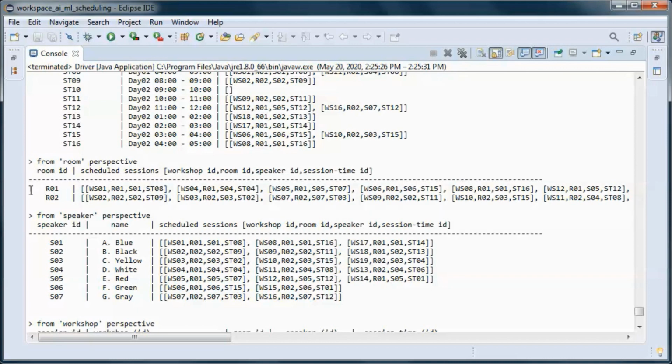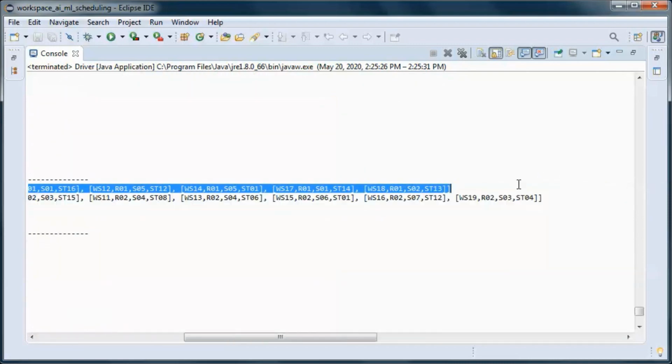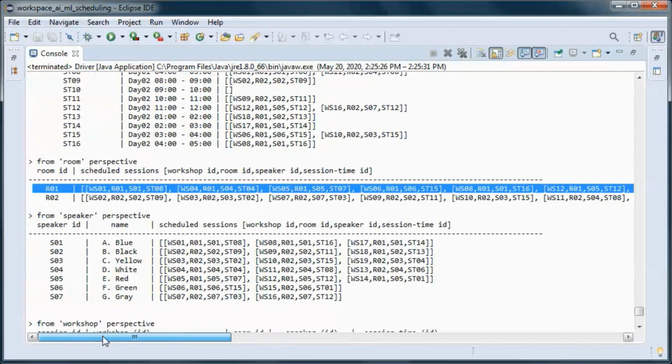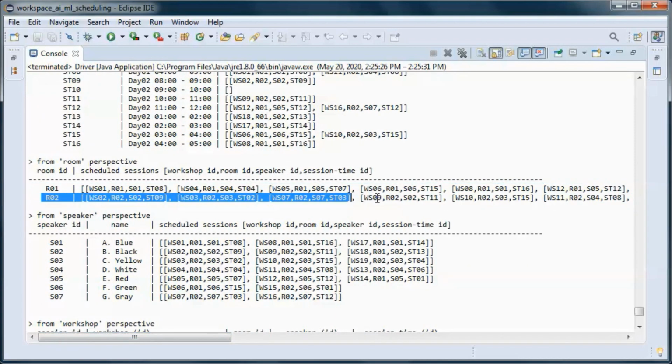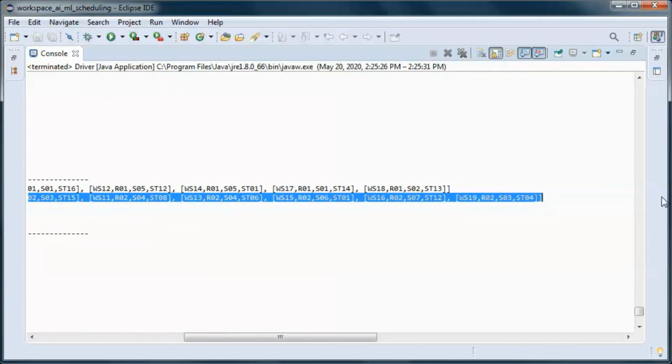So room 01 has those workshops assigned for it, and room 02 has those workshops.